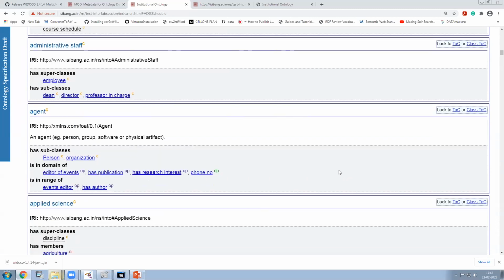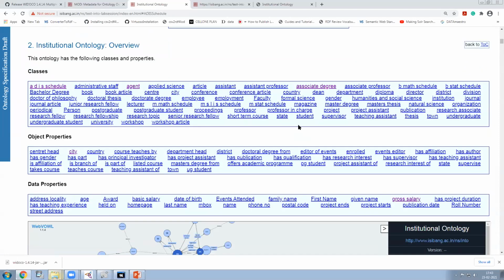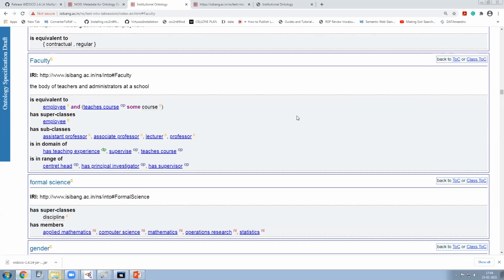Okay. And even if you have, for example, let me check. Today Michael was showing some defined classes and some of the necessary conditions that we always have in our ontology. So, for example, you can see here this is a defined class: Faculty is equivalent to an Employee and teaches some Course. We had this in our ontology, but we see the same thing even on our HTML page. So you don't miss out anything.